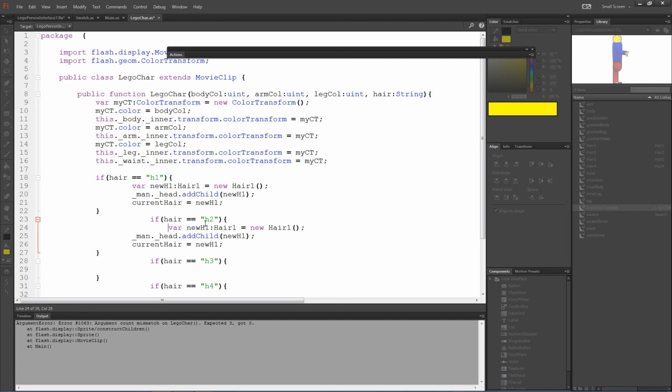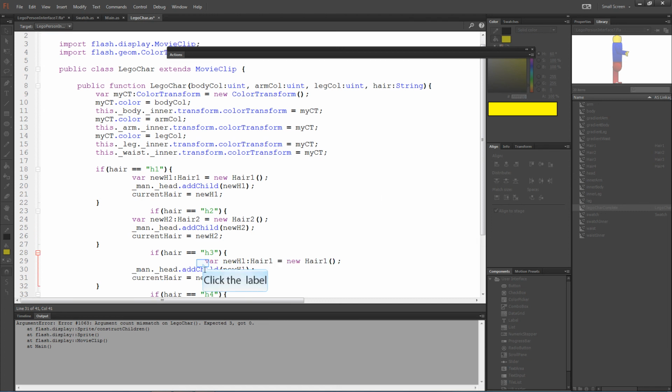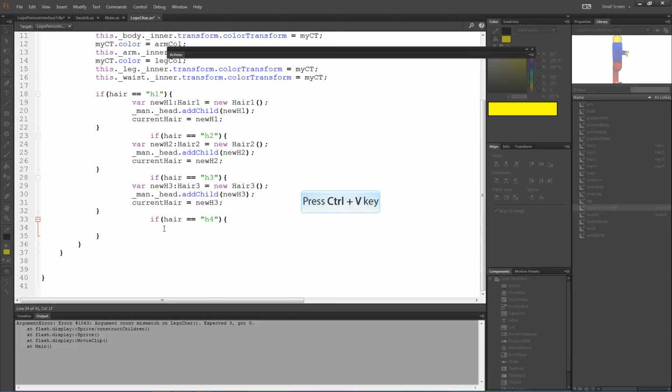Bearing in mind that we'll only do this once when it is created at the start. We don't need to put in the extra code that we put into the main class beforehand, because we won't have any issues with asking for more than one type of hair clip. I'll save that,